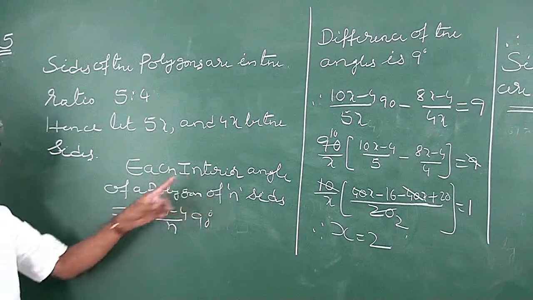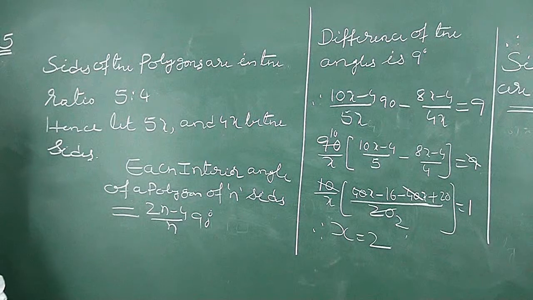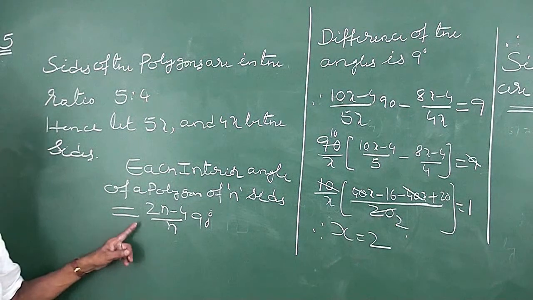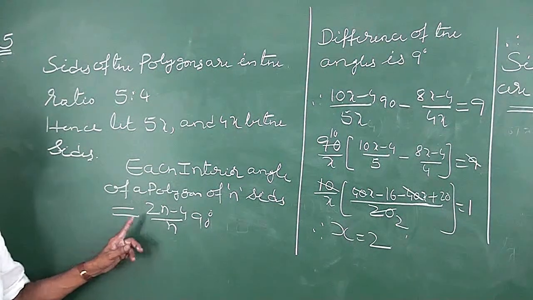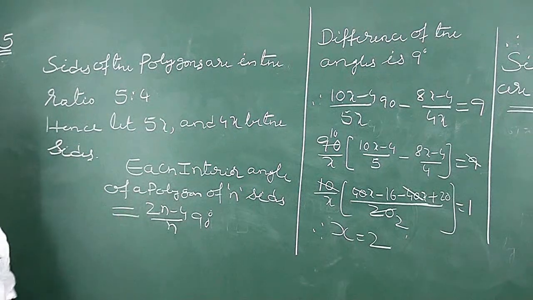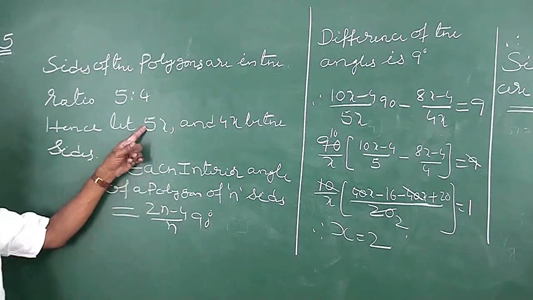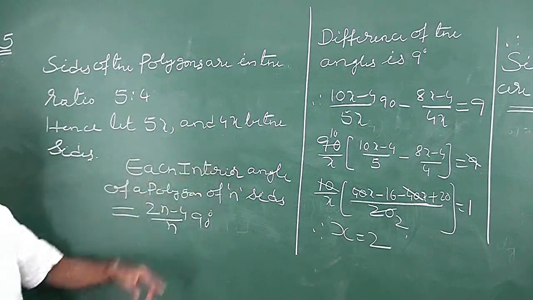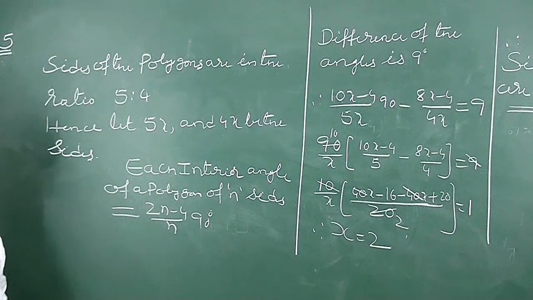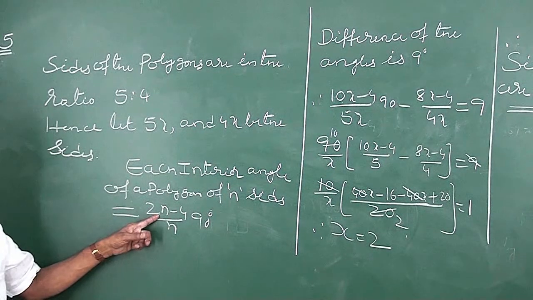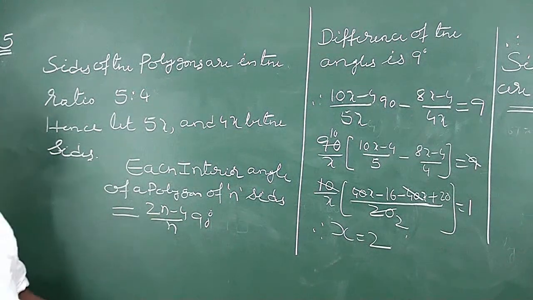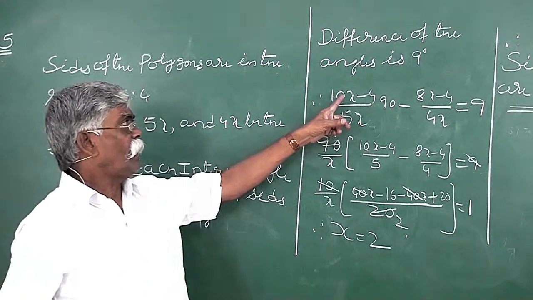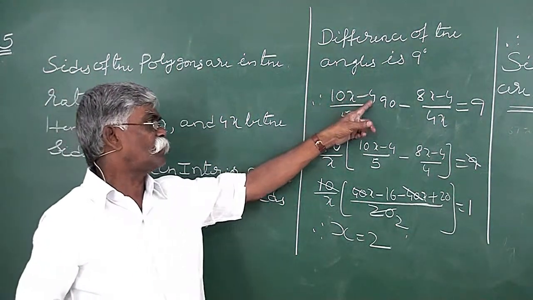And each interior angle of a polygon of n sides is (2n minus 4) by n into 90 degrees. This is the standard formula. Now, one polygon contains 5x sides. The other polygon contains 4x sides. So, when we put n is equal to 5x, we will get one angle as